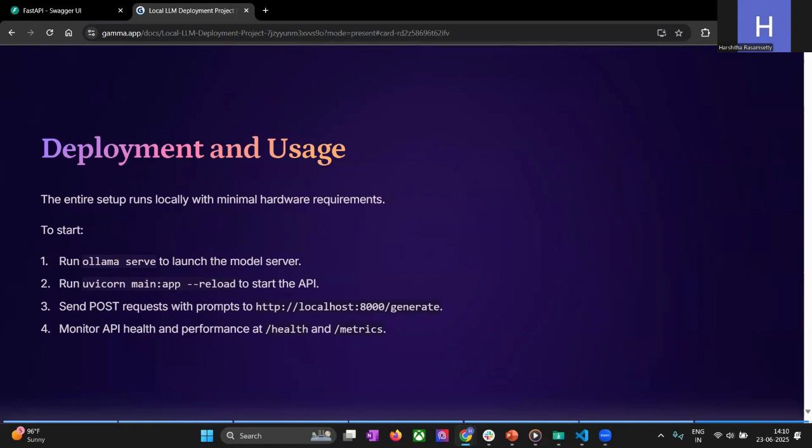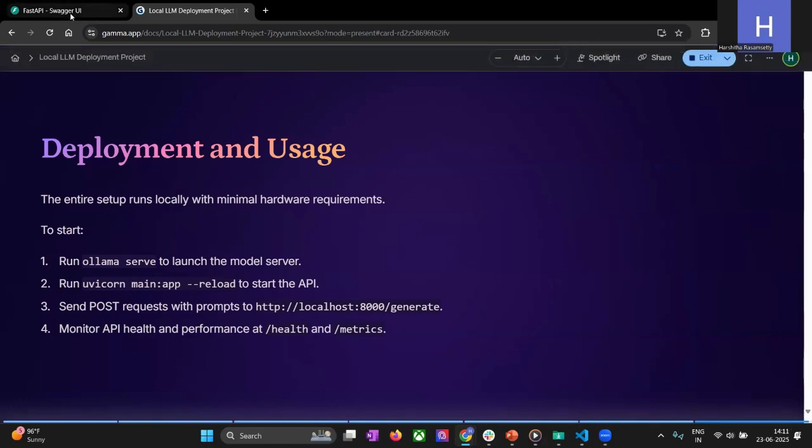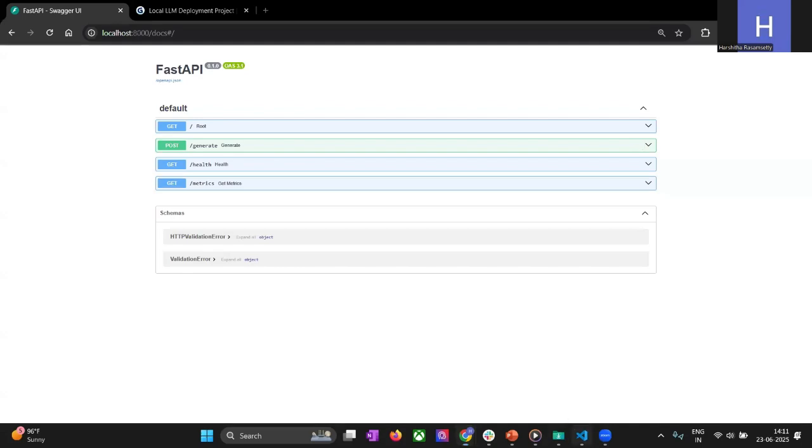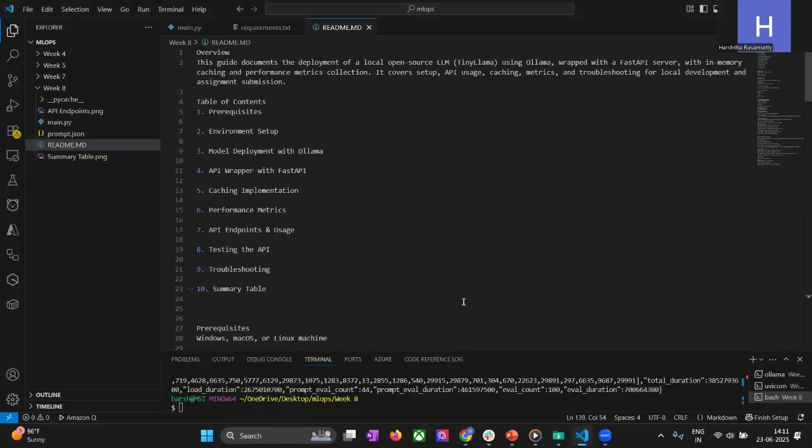So this project demonstrates the deployment of an open source LLM with API integration, caching, and monitoring. It provides a foundation for building scalable, efficient LLM-powered applications locally. So just to show you that it works,